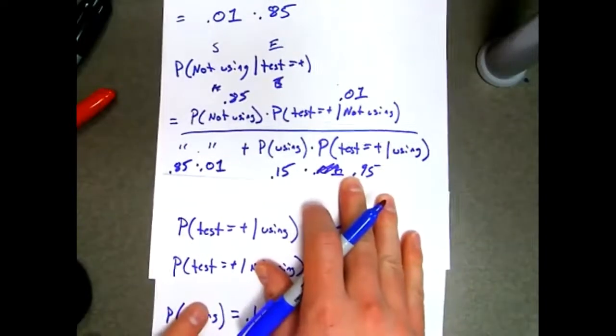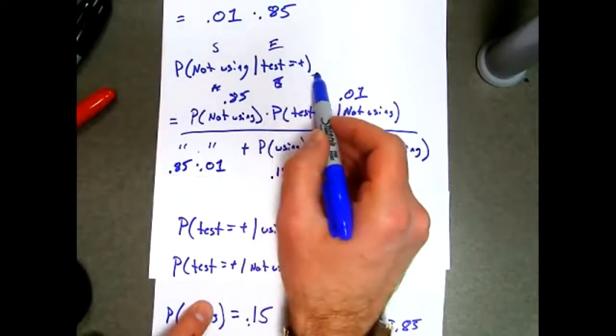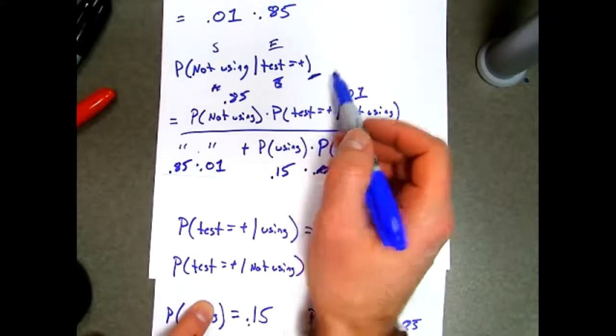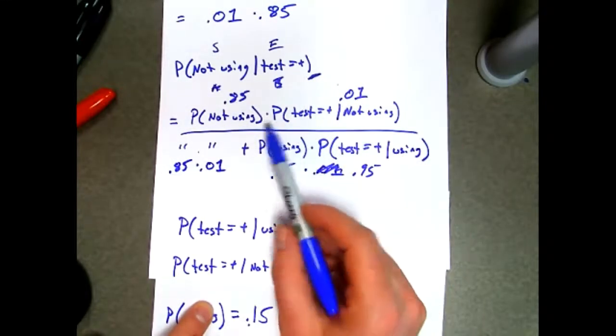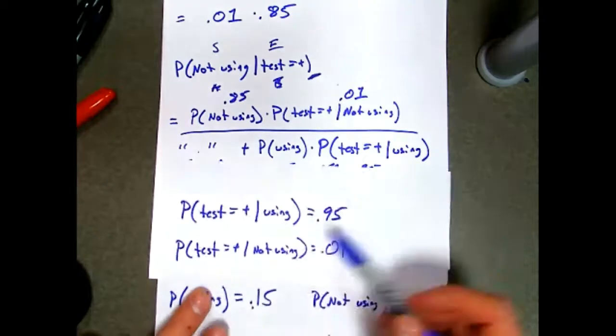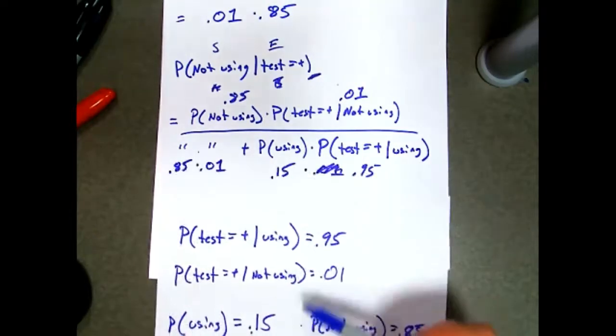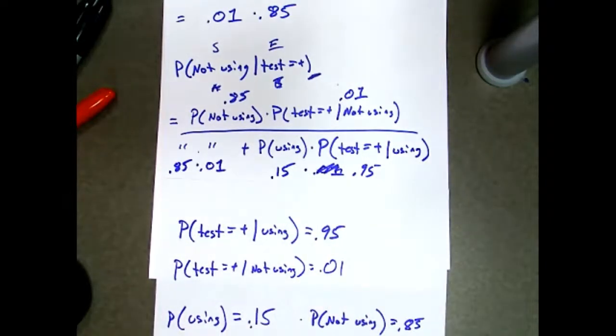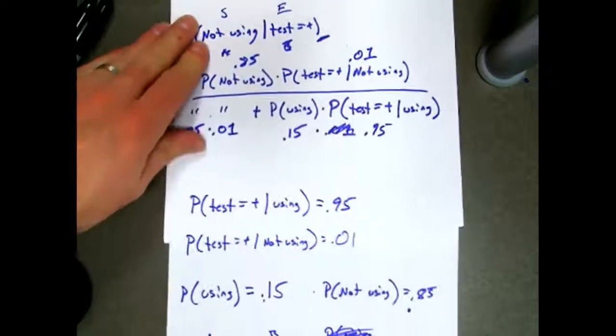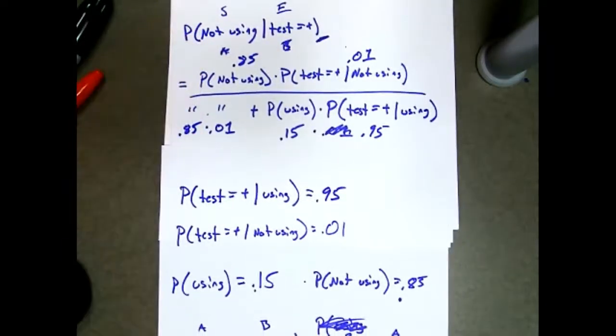So what I did there was, this is the probability I wanted to find. I wrote out Bayes' theorem in the context of my example, and then given the information that I was given, I plugged in the probabilities that I know. Okay. Yep. Use that Bayes' theorem if you can't find